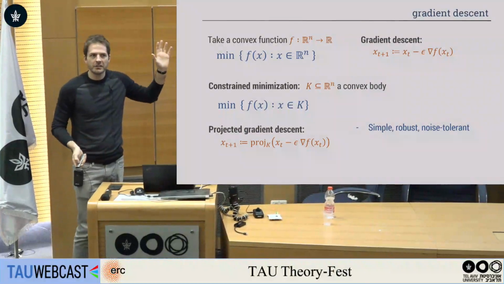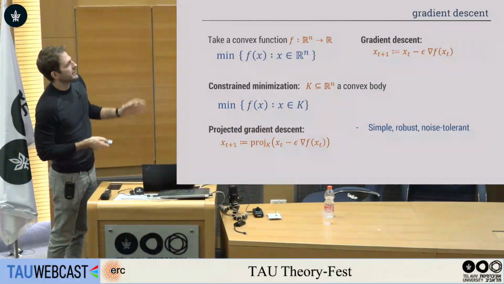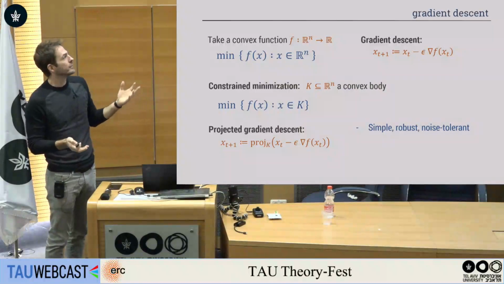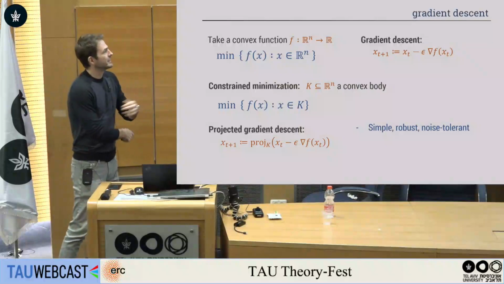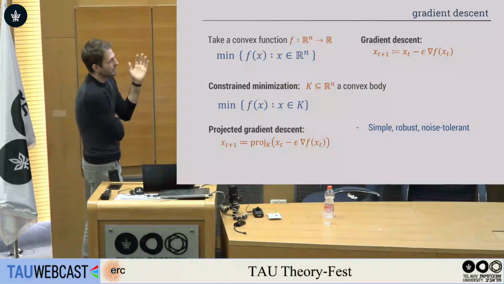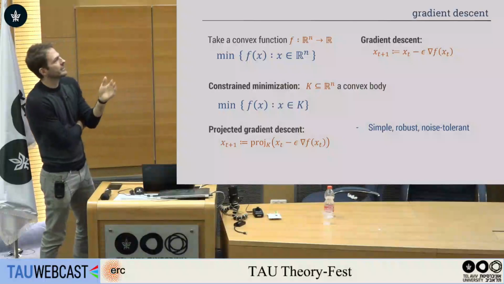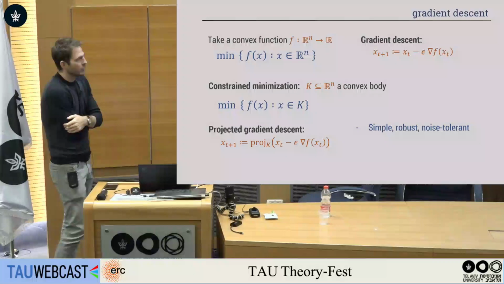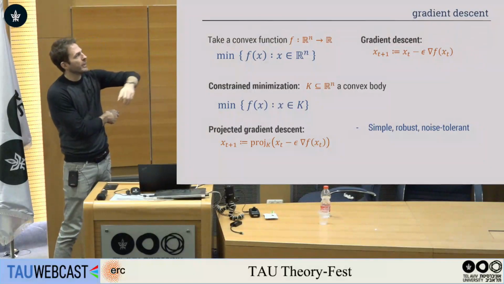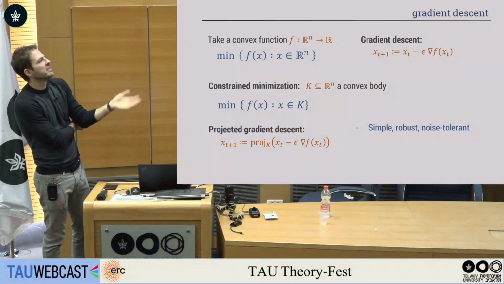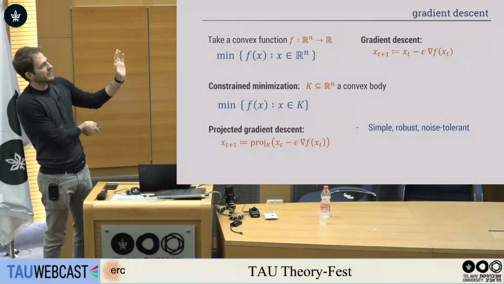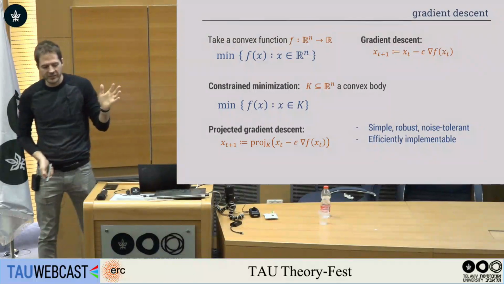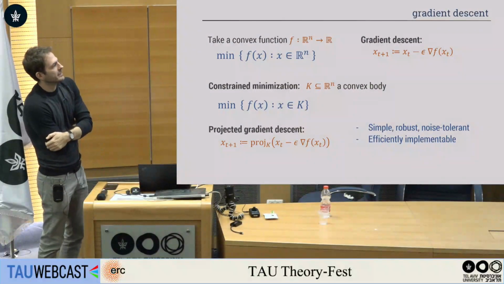What are the benefits of this algorithm? This is the simplest algorithm that exists in some sense. It's, I guess, all of physics happening around us right now, some form of gradient descent. But it's very simple, it's robust, it's noise tolerant. If you have noisy gradients, if you can't evaluate the gradient exactly, or if I come along and perturb the position of your algorithm, it still converges. It's phenomenal. It's efficiently implementable in a very strong sense, since it's so stable,